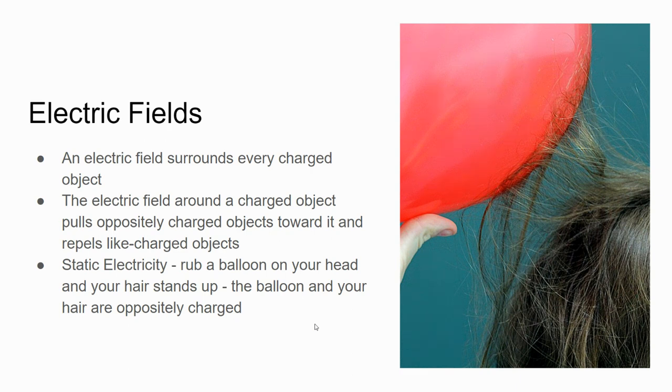If I take an electron away, I have now made that atom positive. If I add an electron, I've now made that atom negative. That is a charge. If I take something and I change the electrons in it, I have charged that object. That is what electricity is. Electricity is simply the transferring of electrons.